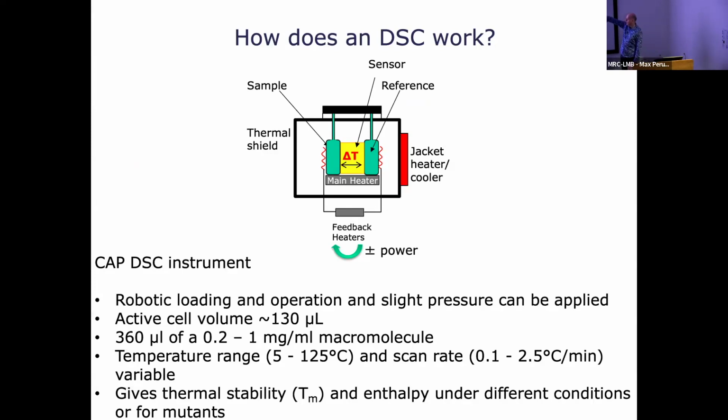We've got a robotic one, so it's just automatic loading. The volume, you need about 130 in the active cell, but to actually load it properly, you need 360 microliters of this concentration. The temperature can get up to 125. That's beyond boiling, so we've applied a bit of pressure to get that temperature up. Variable scan rates. And what it's going to give you is thermal stability, the TM, and also the enthalpy. So you can actually then look at mutants and